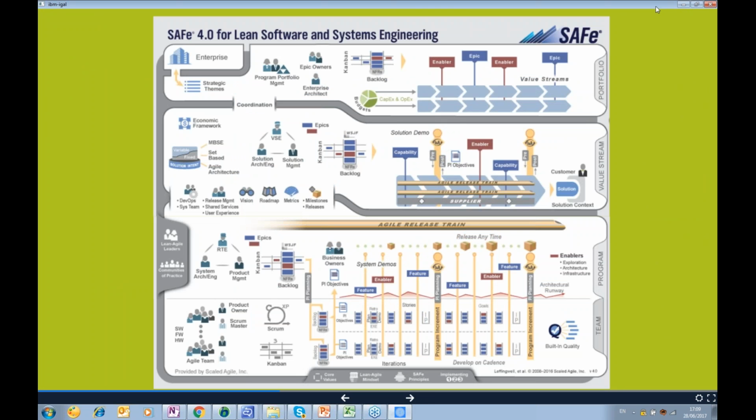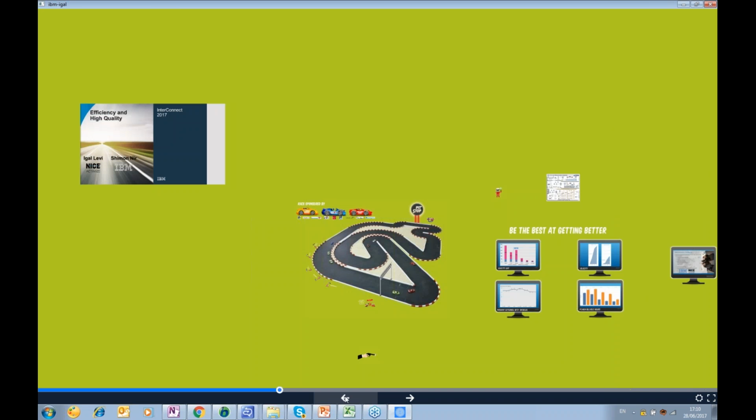So just a little bit to talk about SAFe. When we decided to move into Agile, because we are an enterprise company, we decided to go with SAFe, which is the Scaled Agile Framework for enterprise companies. And let me explain a little bit about it, but first,